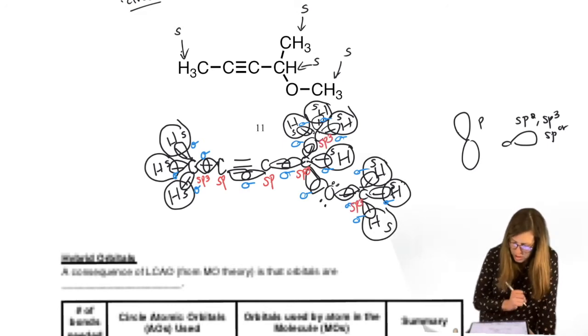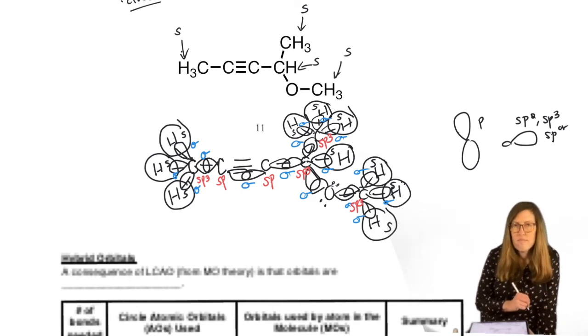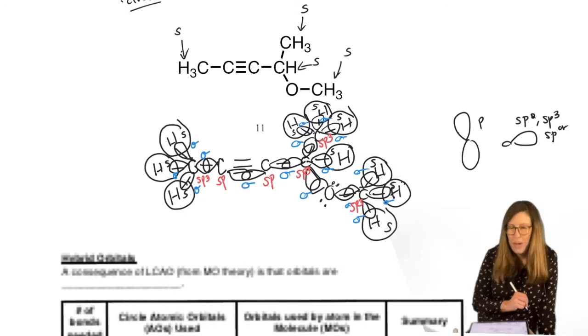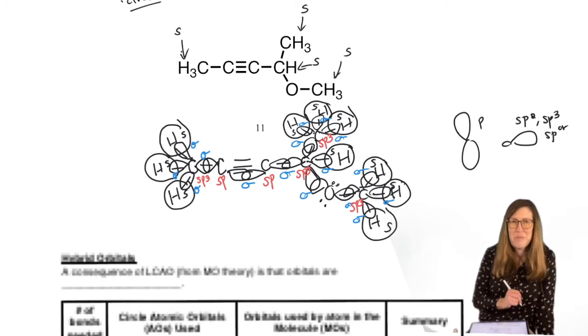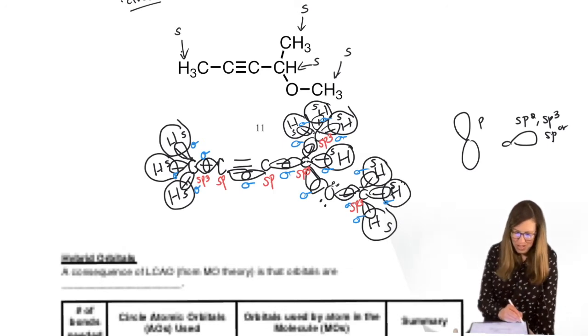Now what about that oxygen? What's that oxygen doing? It made 2 sigma bonds. So we might say, oh, it's sp. But where are those lone pairs? They need a home. I mean, that's the definition of an orbital. Home for electrons, basically, right? Defining the space for electrons. So let's draw something in for them.